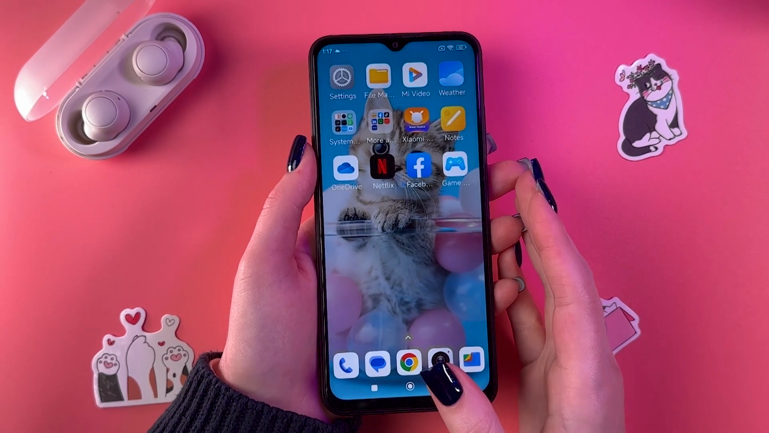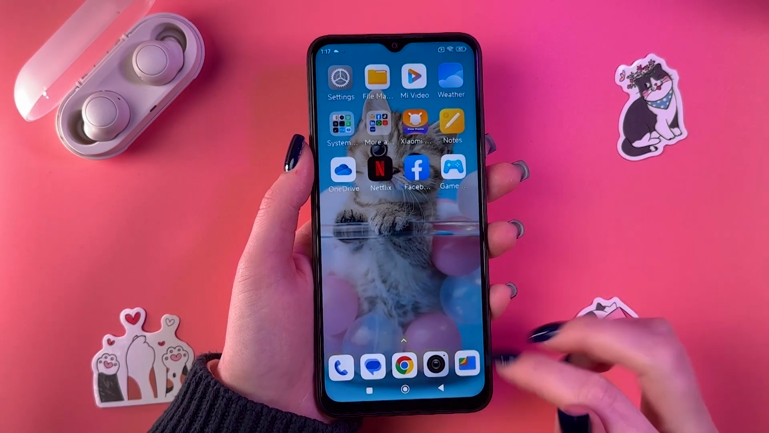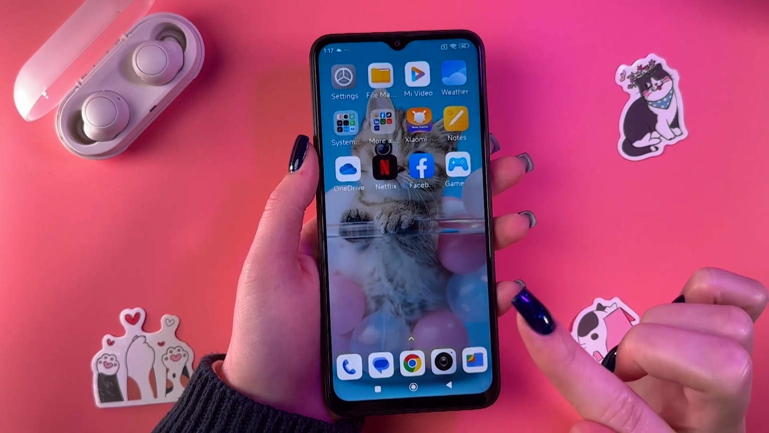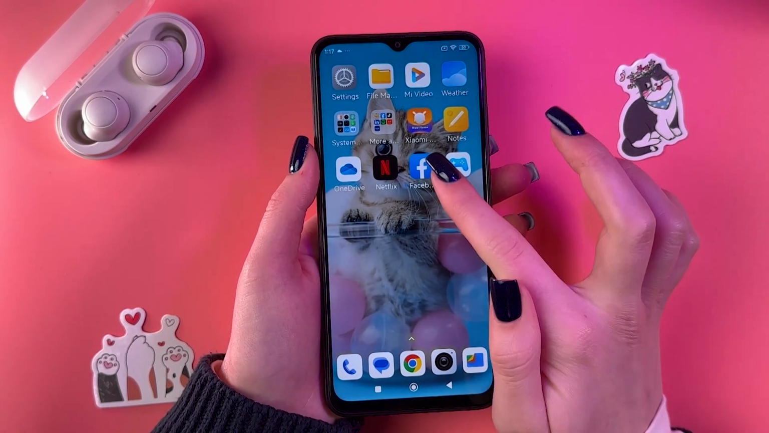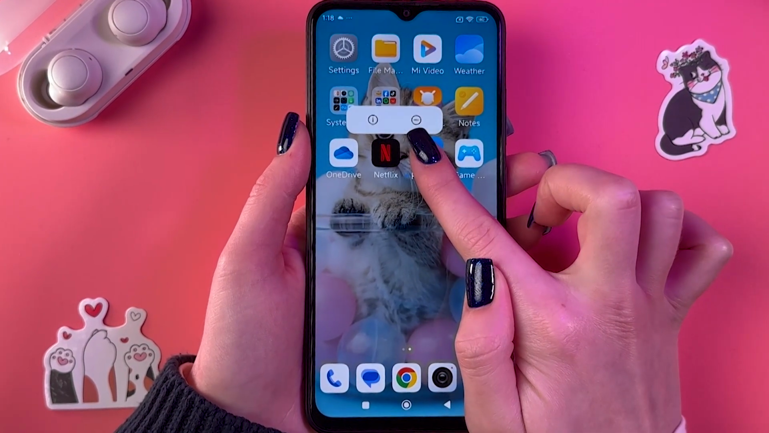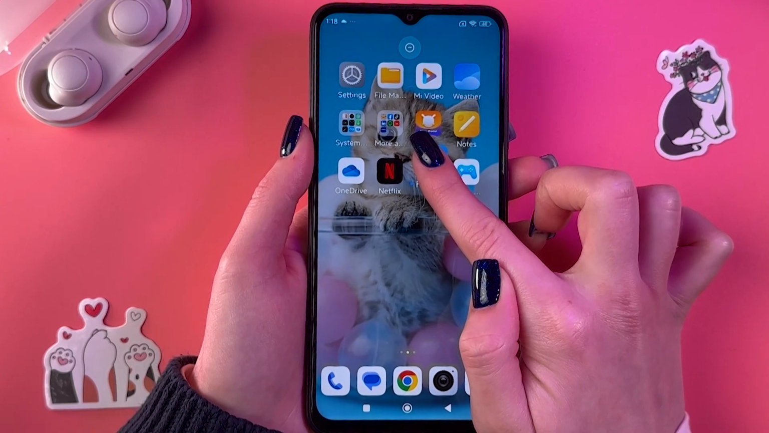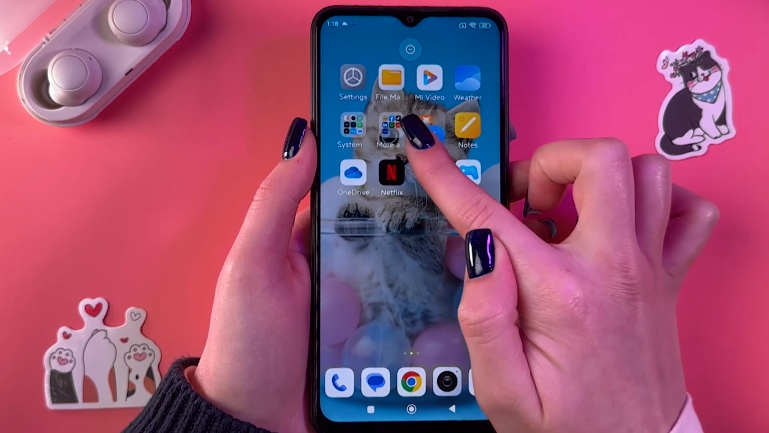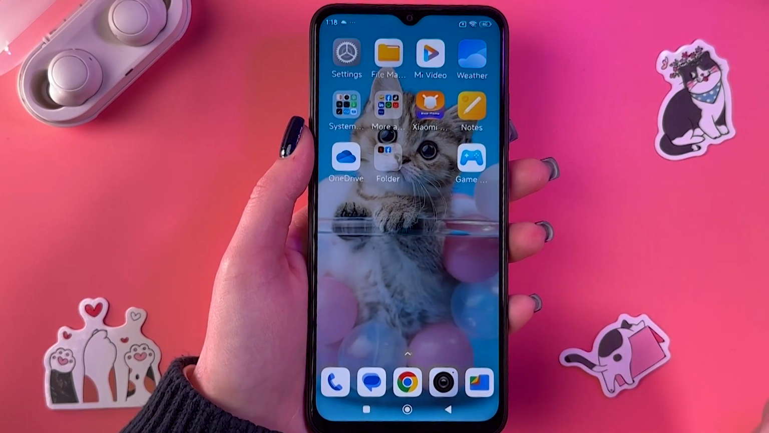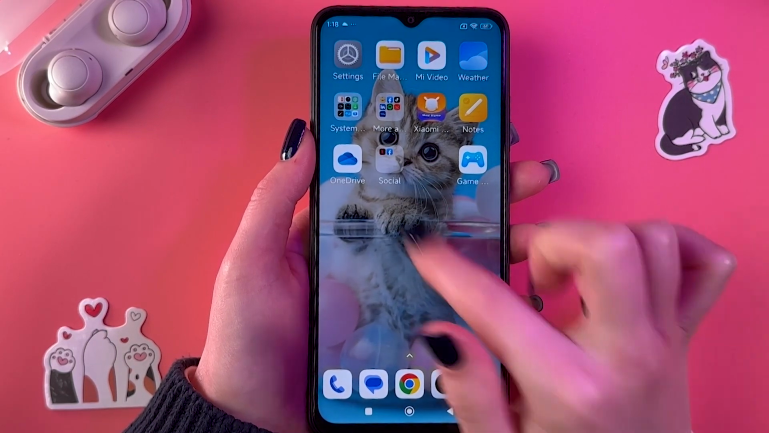Hi, to create a folder on your Xiaomi Redmi 10, as a first step, hold any app which you want to see included in this folder. For example, let's hold Facebook, like that. And now we need to just drag it onto another app, then drop it here, and now we just created